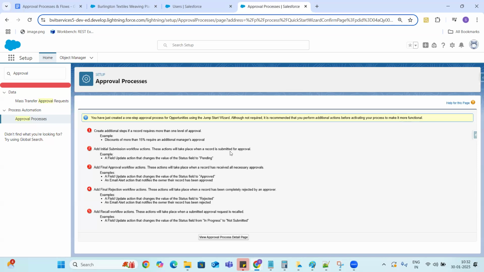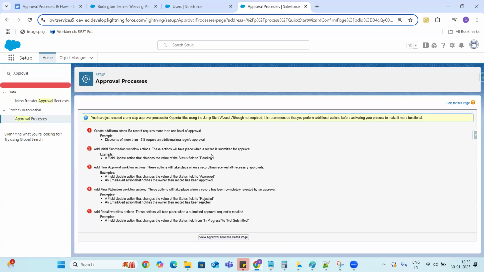Like when we are creating the approval process, what should happen when we submit for approval? Any actions that you would like to follow? If the approver approves, if you want to perform any action, if he rejects, if you want to perform any actions, okay? These are the different steps that we can configure through the approval process. That is what they are giving you the instruction for here.